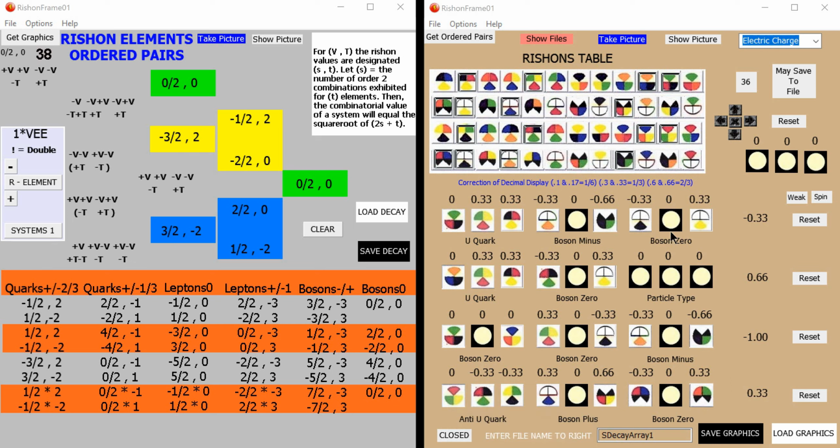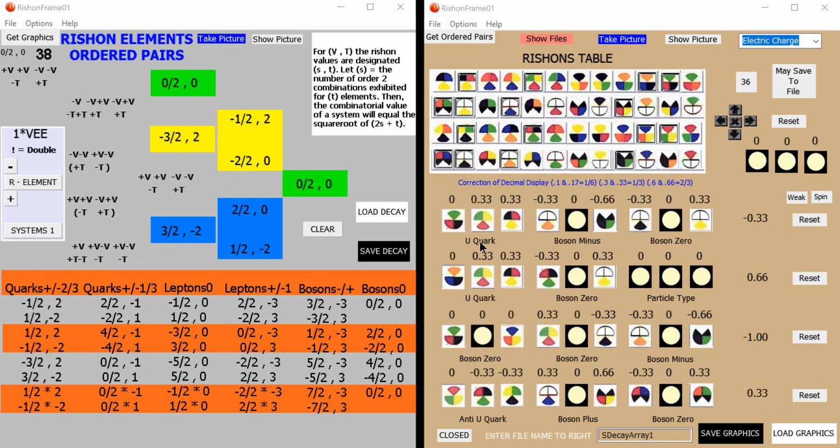Let's first investigate the quantum of the decay of the S quark, starting with the electric charge. So we have this generic U quark,